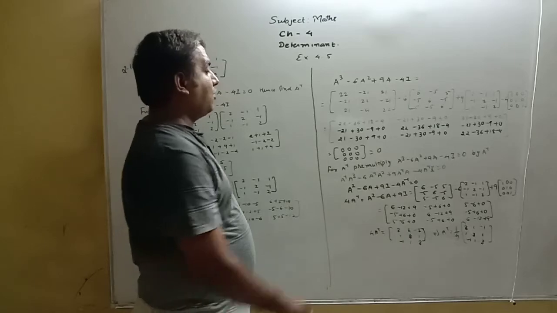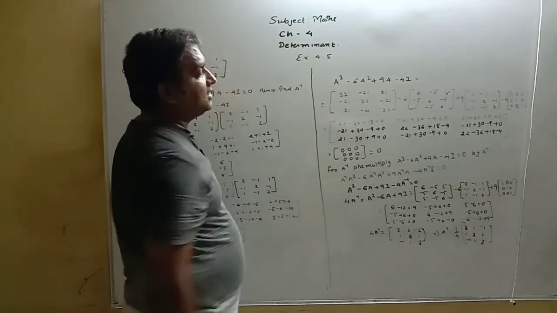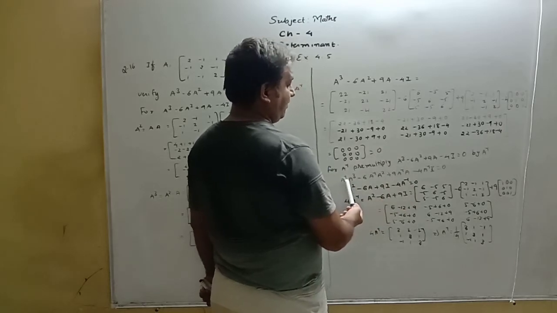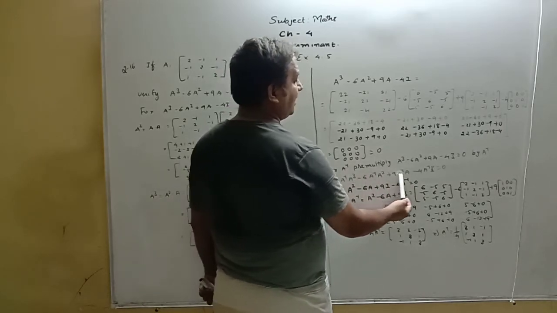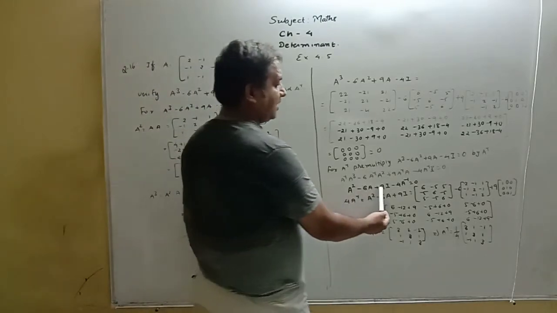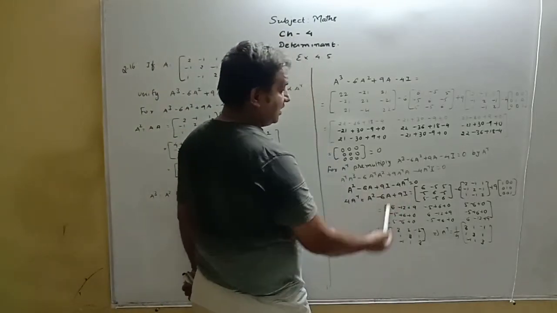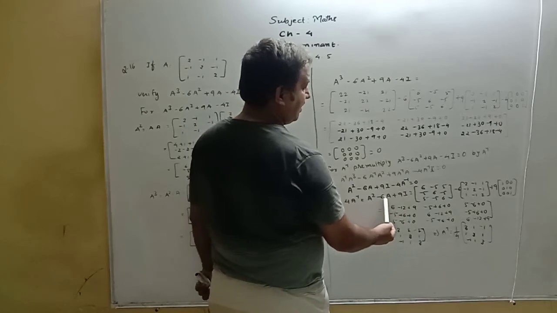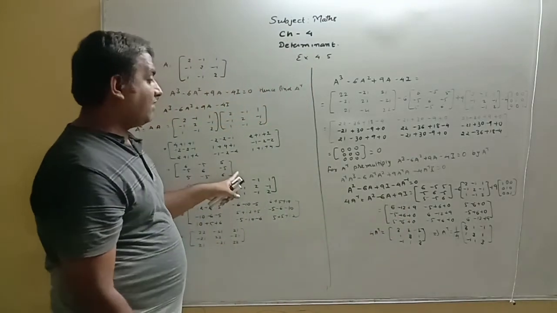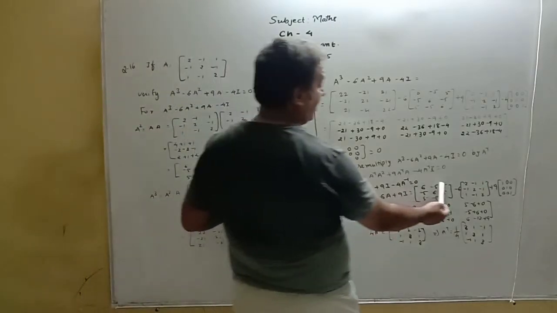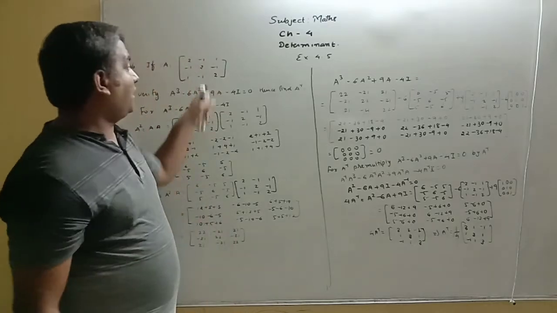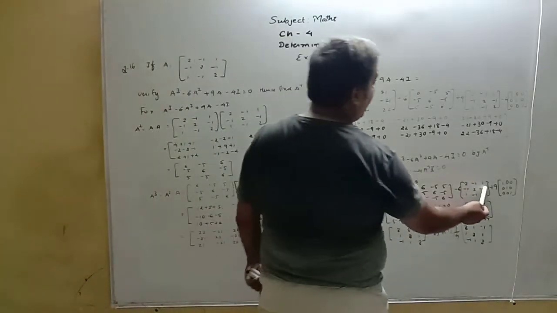Now for A inverse, we multiply this result by A inverse. Then we get A inverse A cube, minus 6 A inverse A square, plus 9 A inverse A, minus 4 A inverse I. So A square minus 6A plus 9I minus 4 A inverse equals 0. So 4 A inverse equals A square minus 6A plus 9I. In that we substitute the A square value, [6 -5 5; -5 6 -5; 5 -5 6], then 6 into A, the given A value, and plus 9 into I.